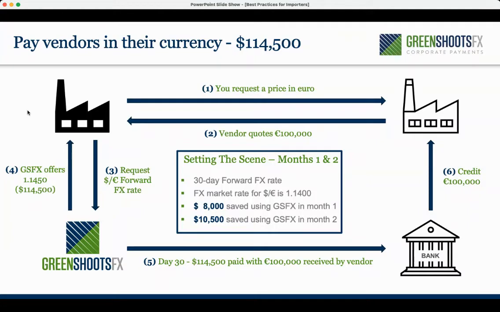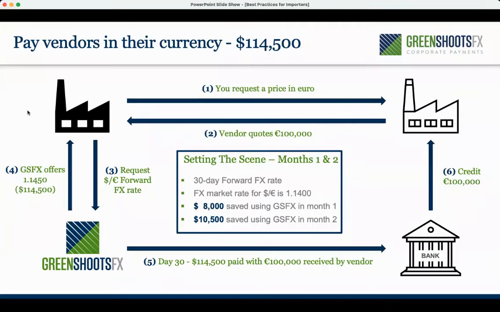So we'll fix the rate 30 days forward. And if the rate today in the market between banks is 1.14, it's likely that we'll be offering 1.1450. So it's $114,500 fixed to be paid on day 30 to your vendor's bank. And as you can see from the flow there, number 5, day 30, 114,500 is debited from your account and